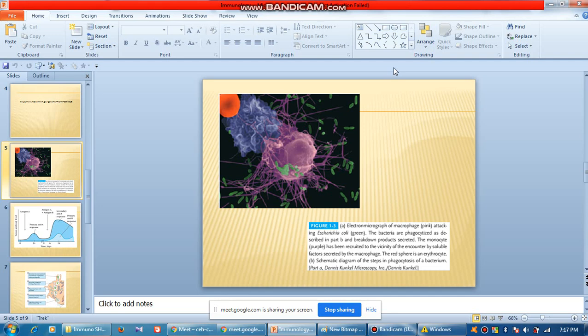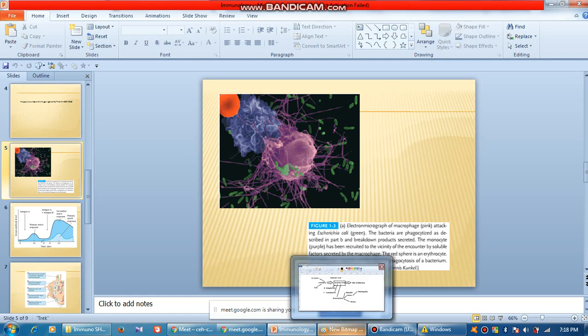So whenever an E. coli infects a person for the first time, it takes a lot of time. There are plenty of mechanisms which eventually kill the bacteria. But if this takes place repeatedly, and every time it takes a lot of time, it becomes very bad for the host. So there is a concept called immunological memory.